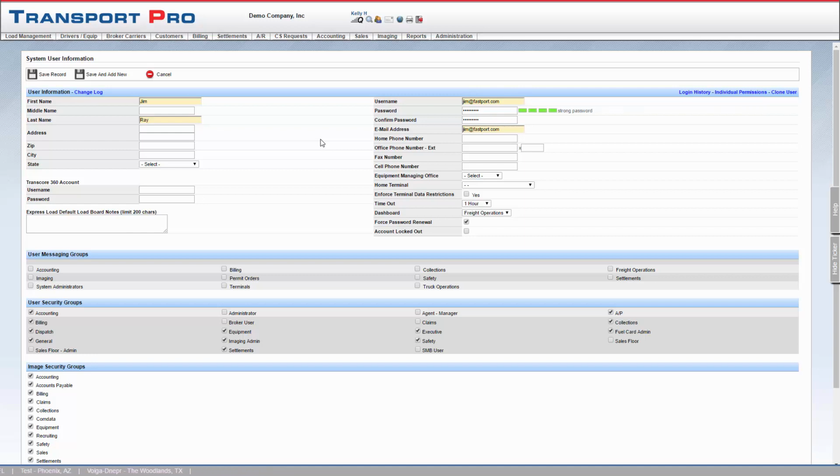The Account Locked Out box also affects licensing. For example, if you have maxed out all 10 user accounts with your subscription and a user quits, you can check the Account Locked Out box on that former employee's account. Doing this will free up one of your user licenses, and you can enter a new user's information to utilize